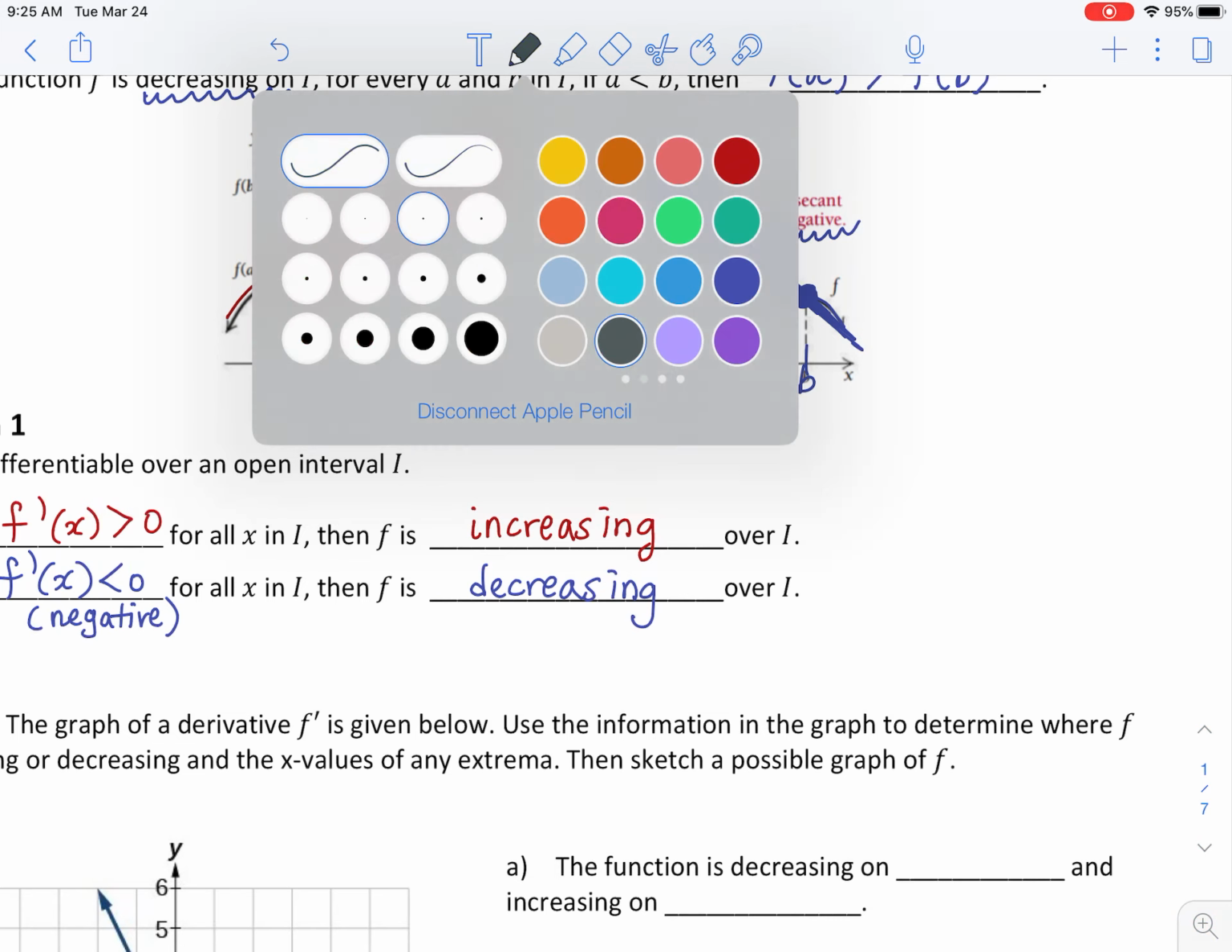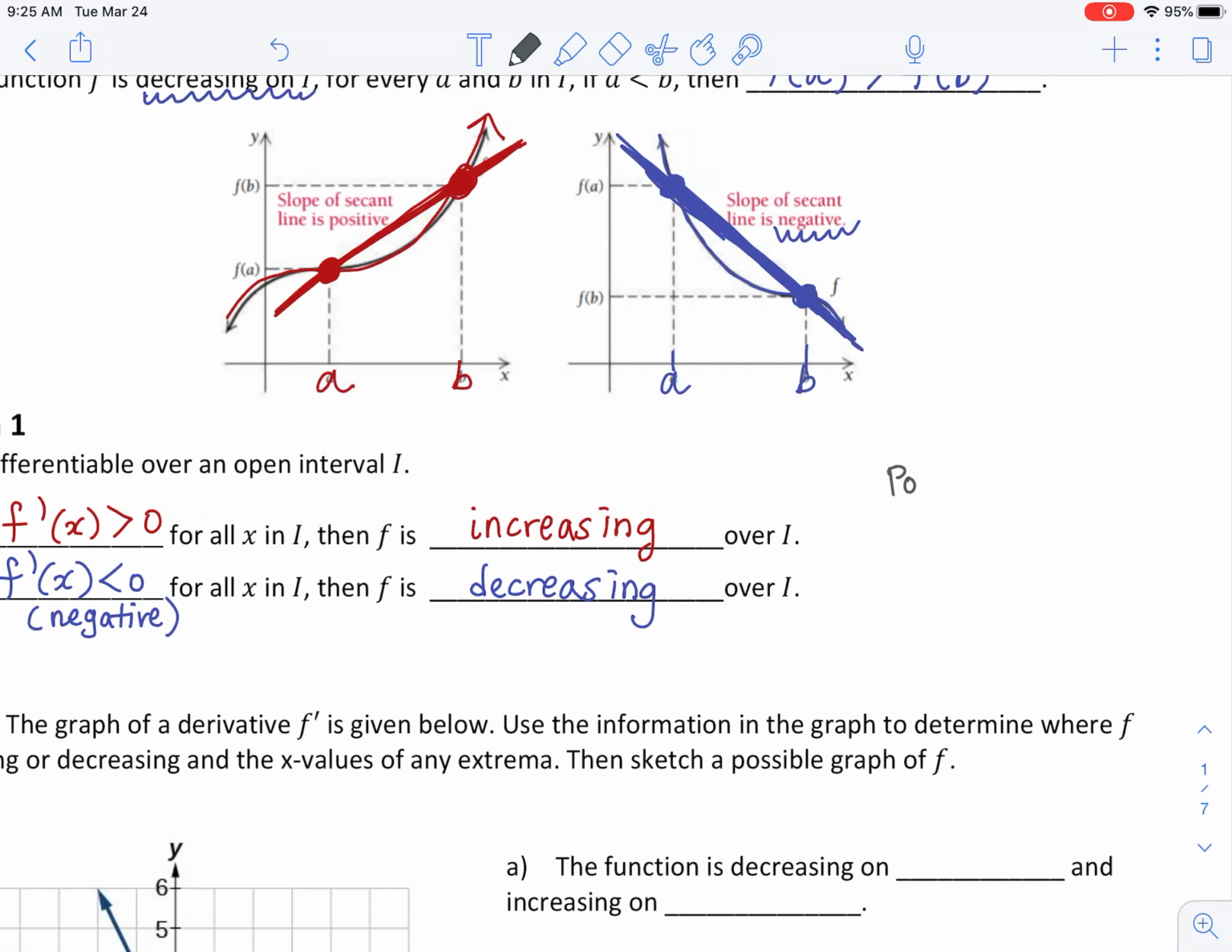So, making some notes on the side. Positive derivative means the function is increasing. Okay, so make some notes. If you have negative derivative,